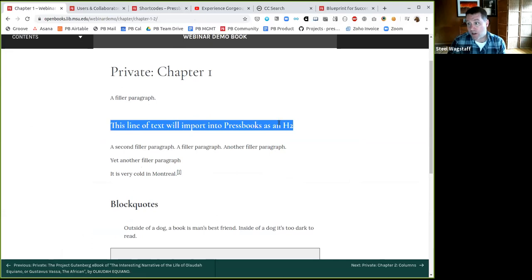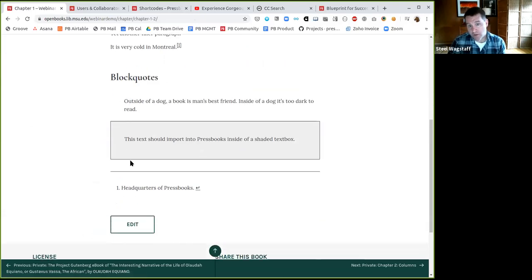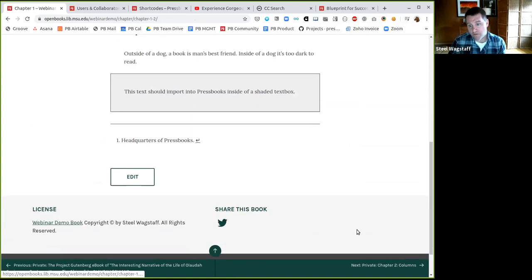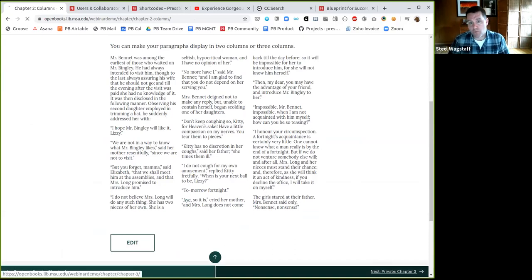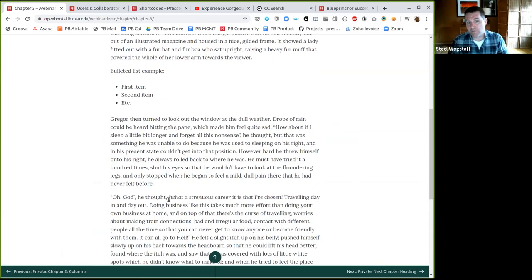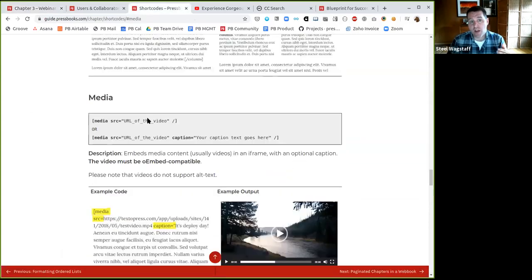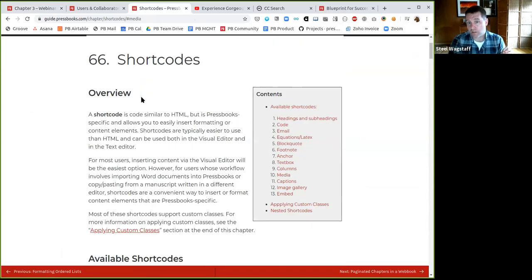Here's a heading that was automatically created. Here's a footnote that was automatically created, a block quote, a text box, my other footnote here. I can also do things like use columns or bold, italics, bulleted lists, those kinds of things. So the kind of things that you'd normally expect to come in will come in, provided that you've formatted your Word document correctly. We describe a bunch of different kinds of things that you can do using short codes, and